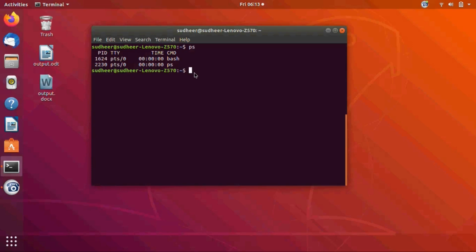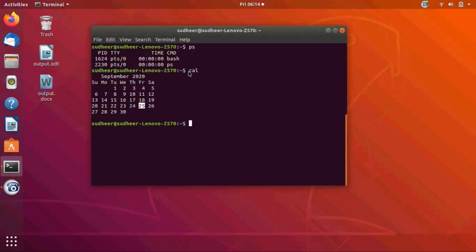Let us summarize that once again. Once you log in to the Unix system and open the terminal, the shell issues the command prompt, waiting to read the command. Now the user enters a command, for example, cal. The shell scans the command and checks whether it is valid or not. If it is valid, the command is handed over to the kernel, and the kernel executes the command and gives the result back to the user.